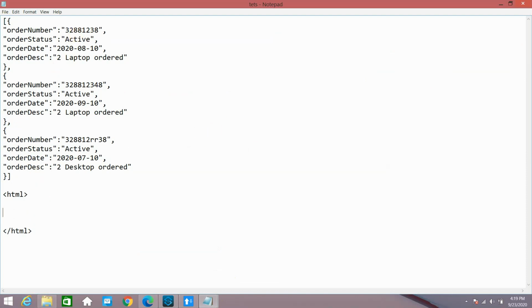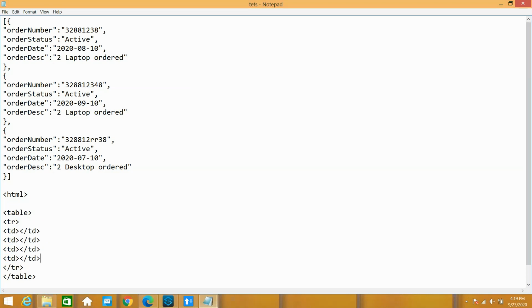I will add a table, and under the table you can have a row. I will have some hard-coded values in TD, which is the column. So I have 4 columns.